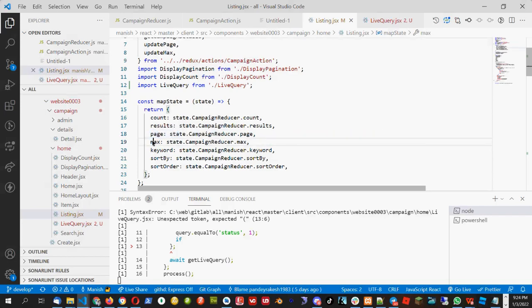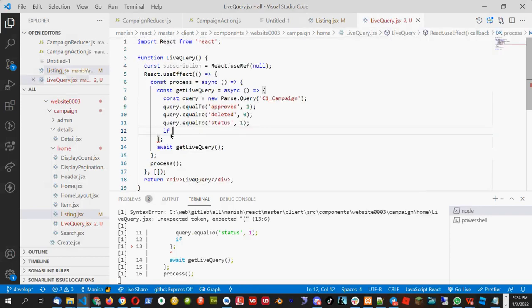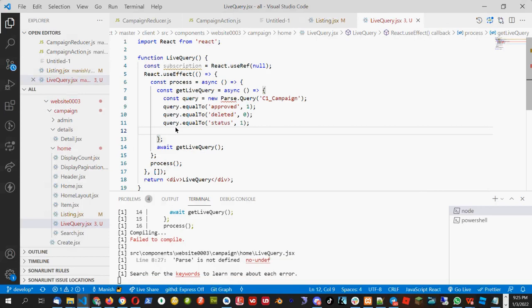We don't need the pagination for it. We don't need the max, no need the sort by, no need the sort order. Okay. So right now I will not take even keyword also. Whatever new query comes, I will show it. So I will not put any if condition right now. Let it be like this only. Now once this is done,